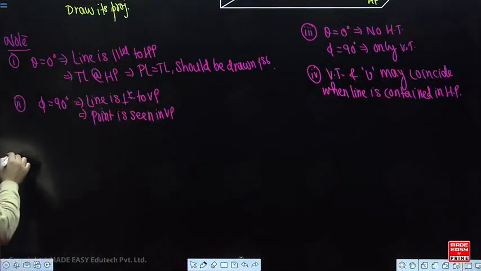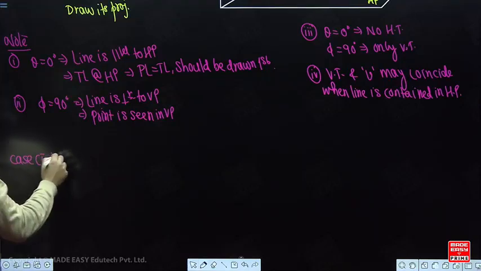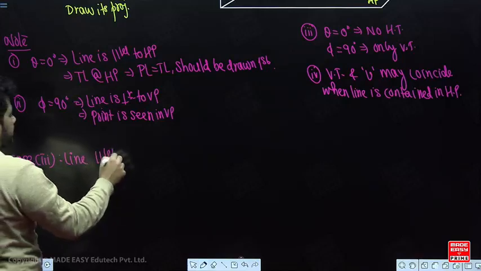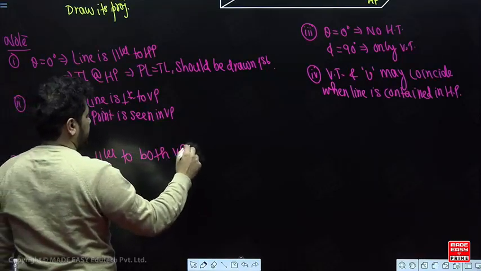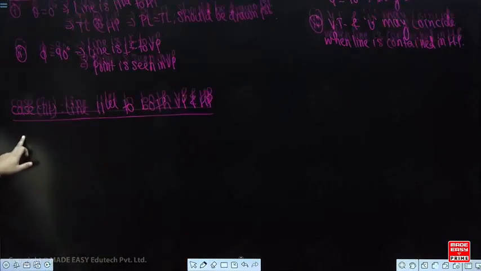Case 3. Line parallel to both VP and HP. See,